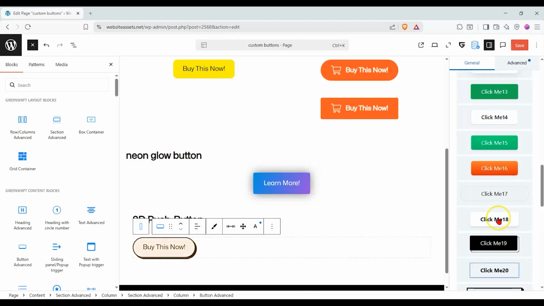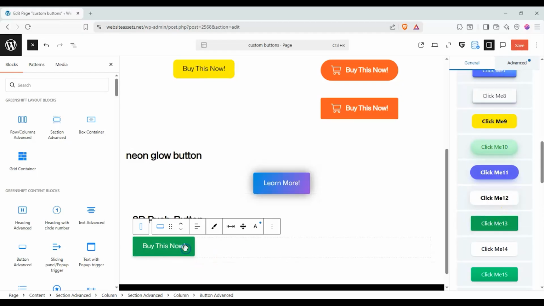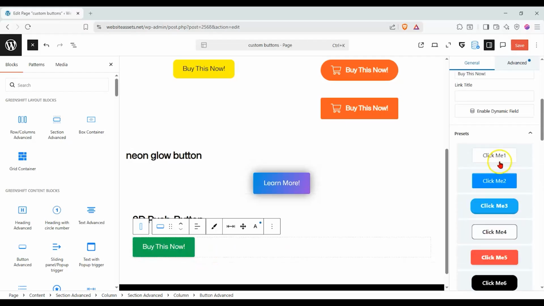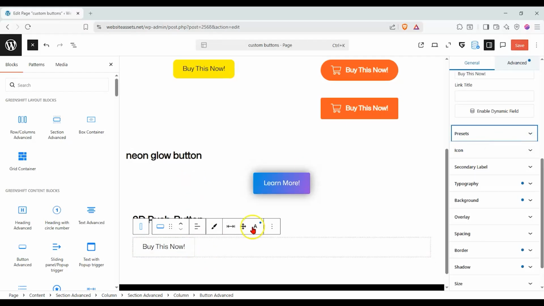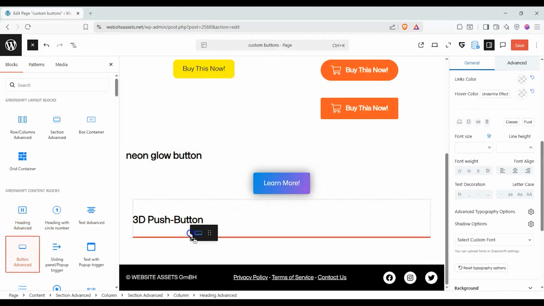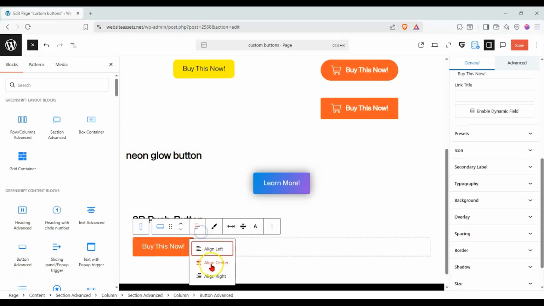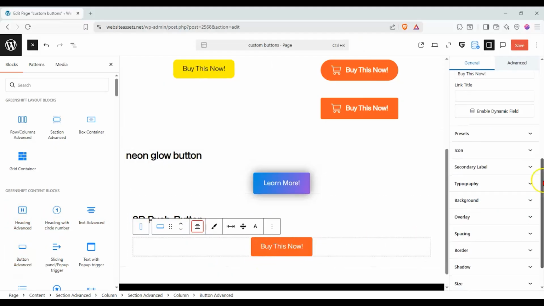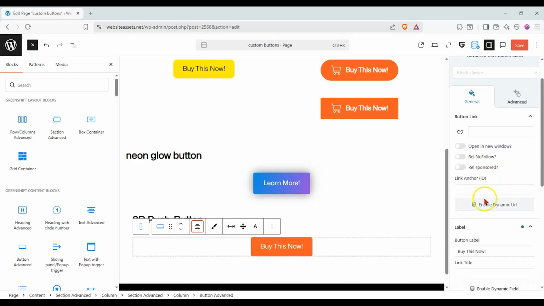This has a 3D effect on it, but let's go ahead and reset this and just delete it. And we're going to show you how to do it from scratch if that's something that you wanted to know, how the process would work. So let's go ahead and change the label to something like,